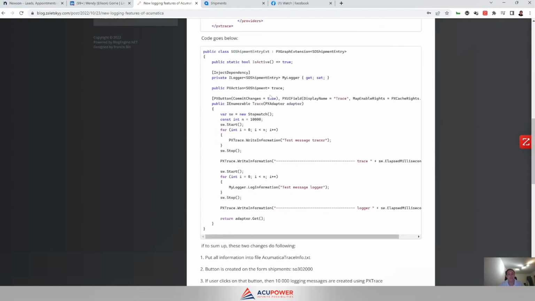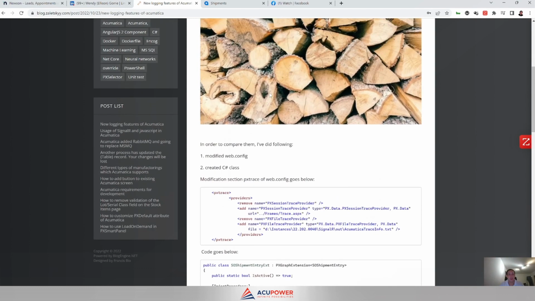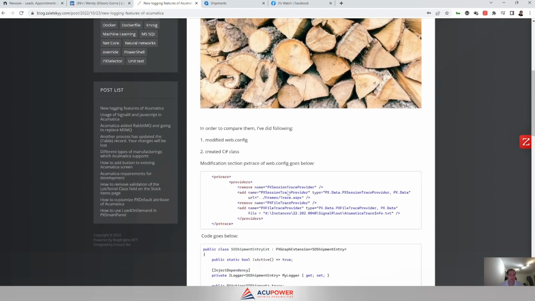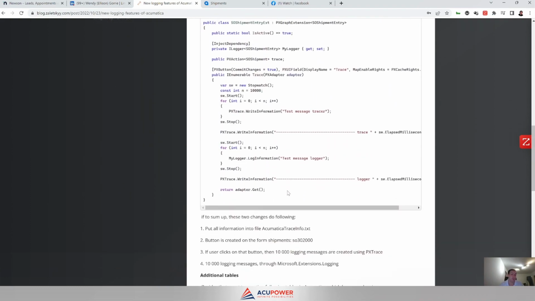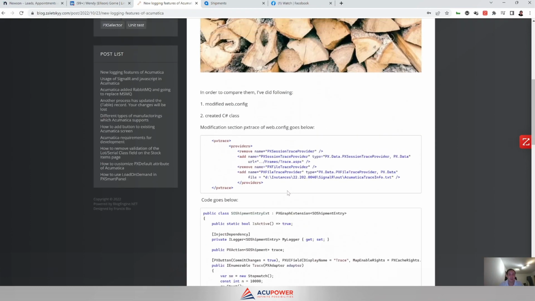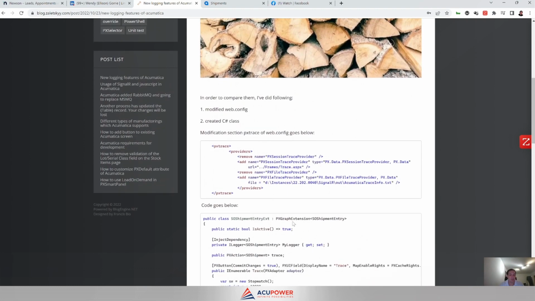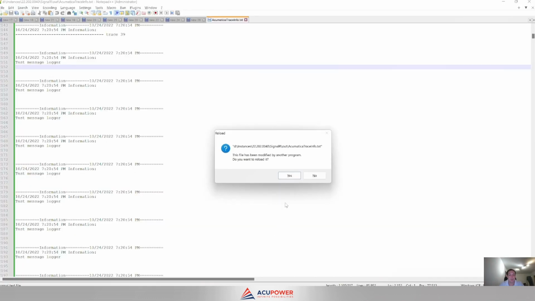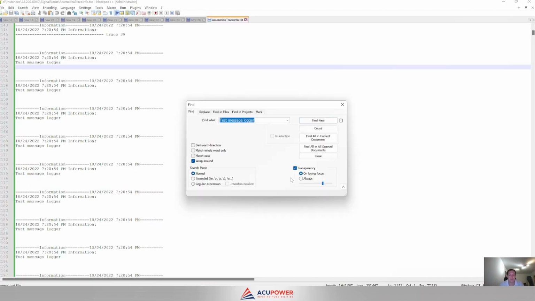I would say that ILogger, Microsoft.Extensions.Logging works better. I would say it even works much better than PXTrace if you trace to a file. And I'm going to check with Acumatica why we're losing some records anyway, because my expectation was to see 10,000 matches, but we see 9,498. So stay tuned,